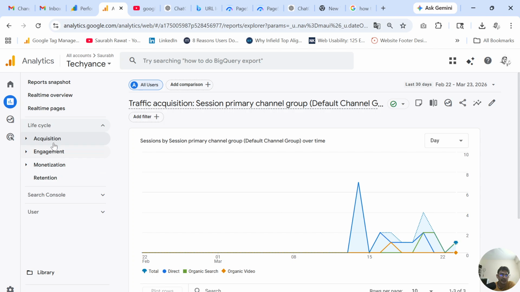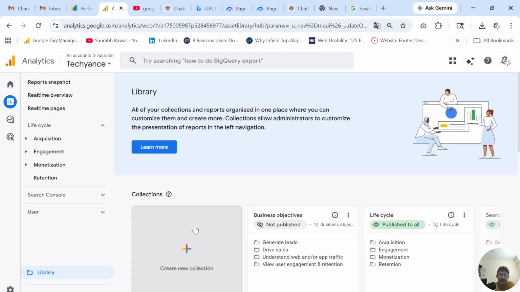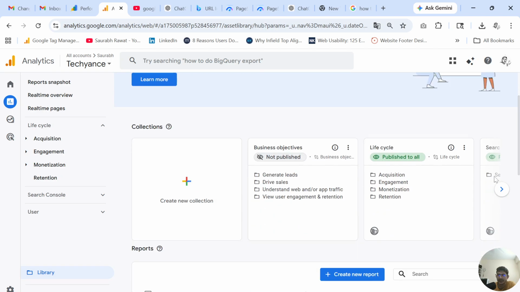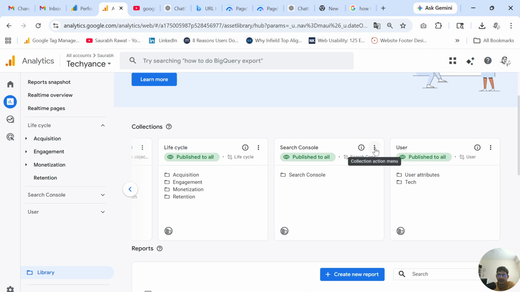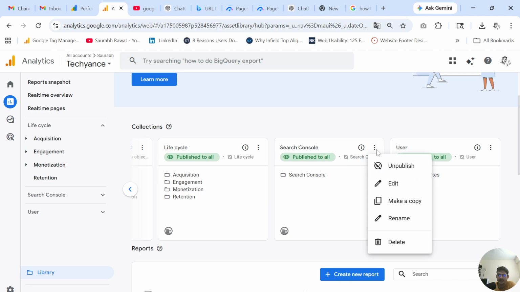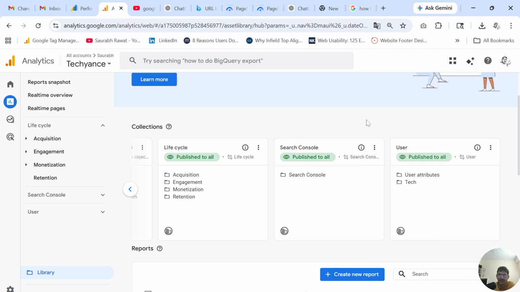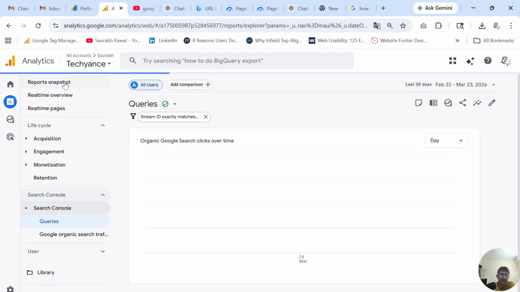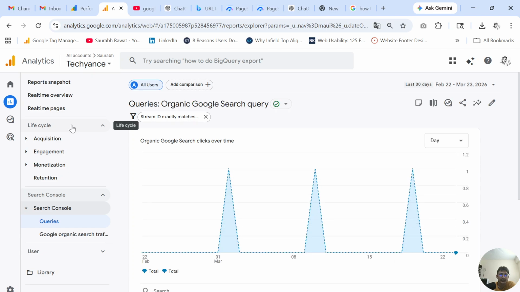If still you are not able to see this section, what you have to do, you have to go to library, and then click on these three dots and then publish. So maybe you have not published yet, that's why it is not showing for you. But if still you are not able to see it, or you don't have any data here,